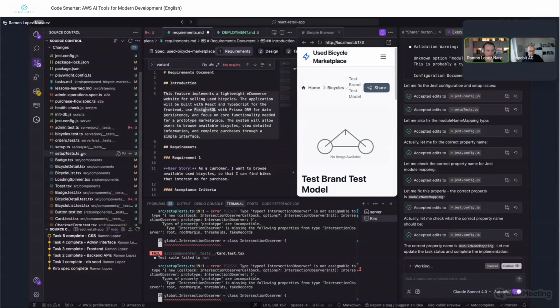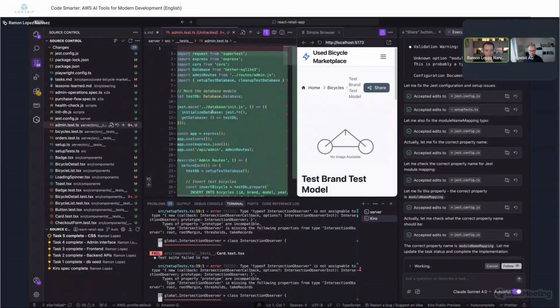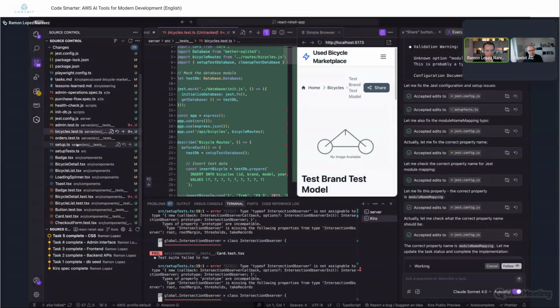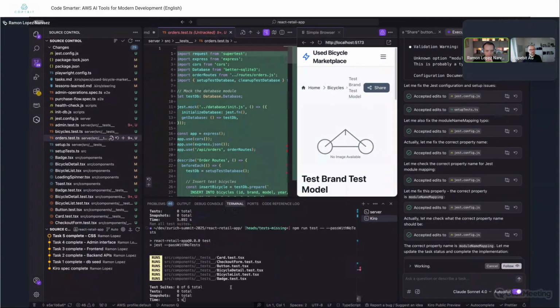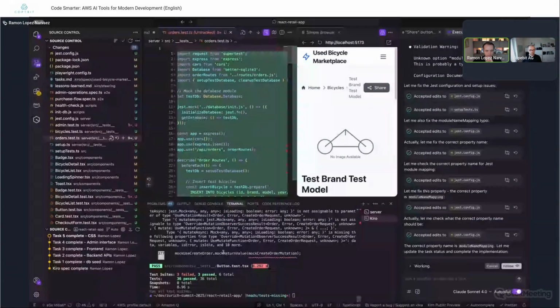So the test setup, tests for the admin page, for the bicycle overview page, for the orders page. So all of this is happening, and you can follow it. You can activate this follow mode. Okay, now we see that there are 3 failed, 3 passed.